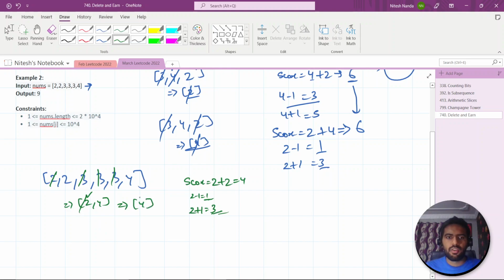Okay. Now you remove this 4 and add it to your score. So this is the final output for this. Let's see, we can remove other also. So let's take this example again, 3, 3, 3, 4. Let's say in this case, we remove 3. So our score become